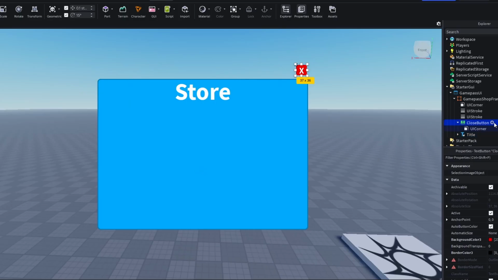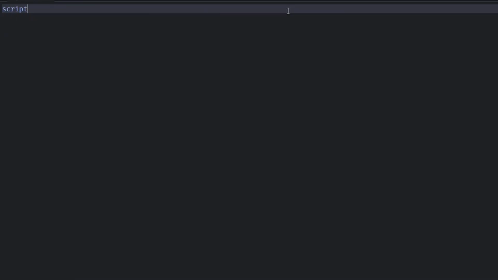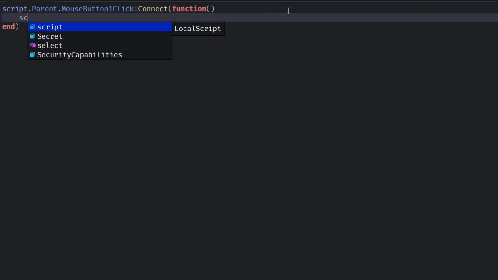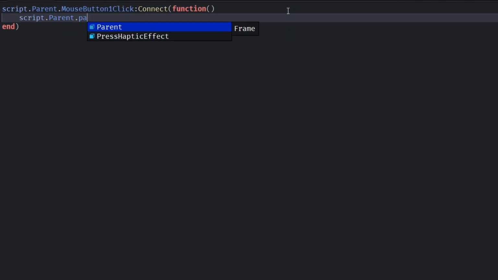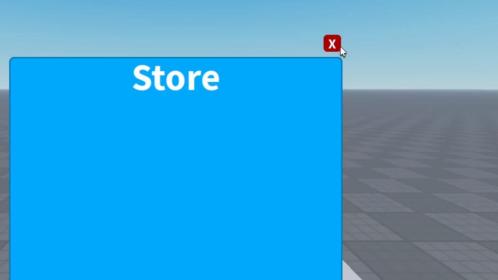So inside of the close button, add in a LocalScript, name it Close Script, and then type script.Parent.MouseButton1Click:Connect(function), then script.Parent.Parent.Parent.Enabled = false. So now if we test it, we can see that when we click this button, it